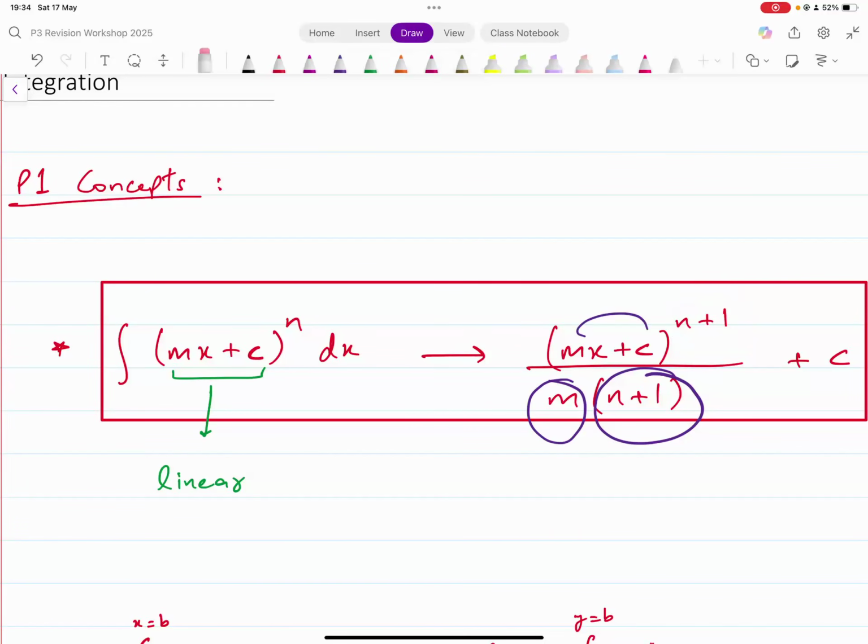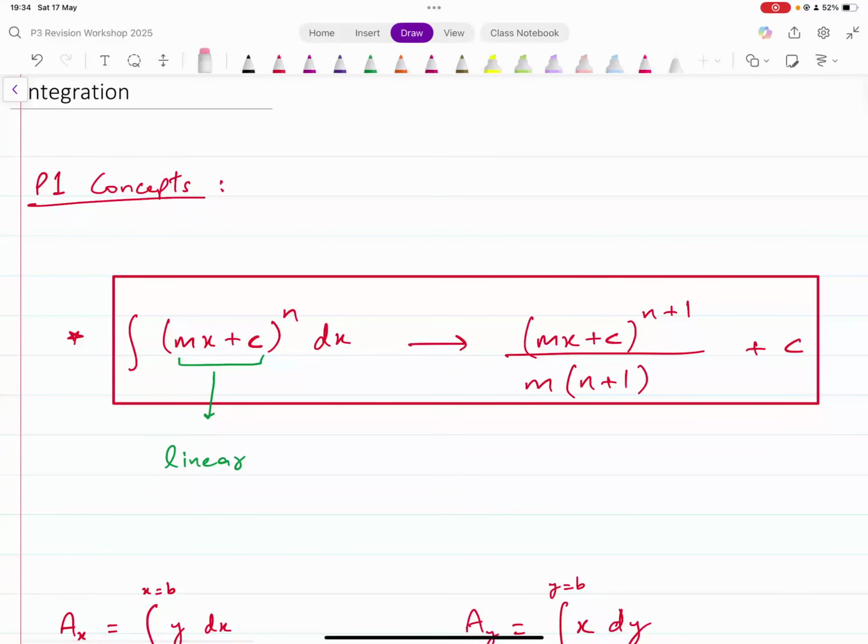There was a condition here that the expression inside it had to be linear, right? This rule only used to work when the expression inside was linear, right? This was one integration rule that you studied in paper one, and then you need to be able to find